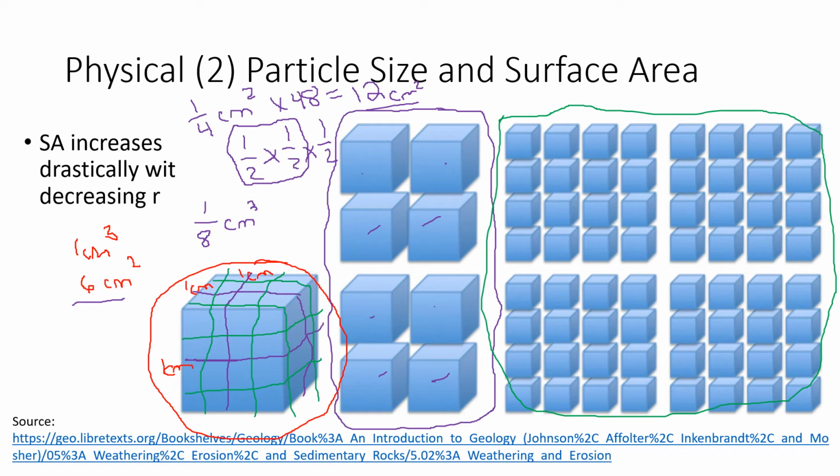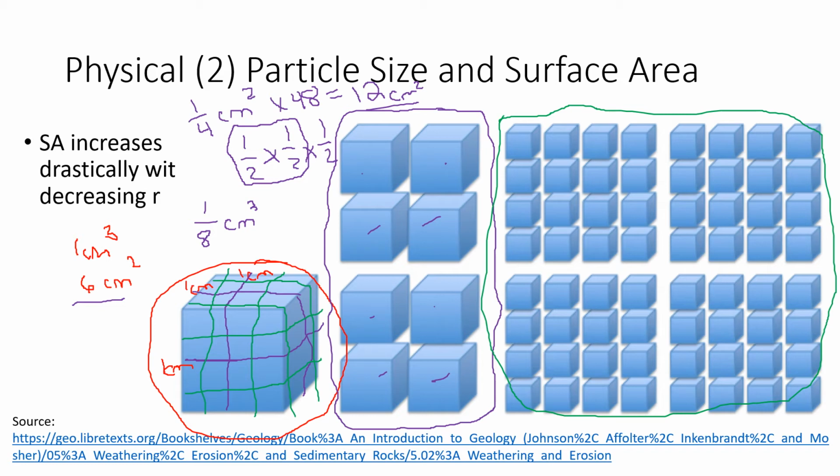So I'm chopping it up even more, right? So let's see. I've got each of these is 1/8 now. So 1/8 times 1/8 times 1/8 would give me 1/64 of a cubic centimeter for each cube. That's volume-wise. But there are 64 cubes. So again, we still have exactly 1 cubic centimeter of rock.